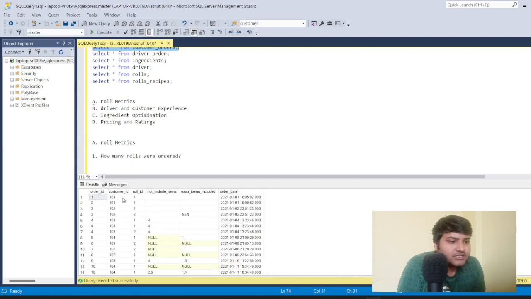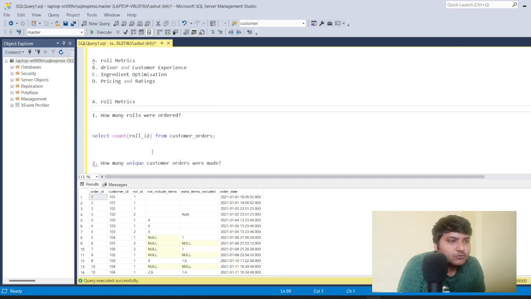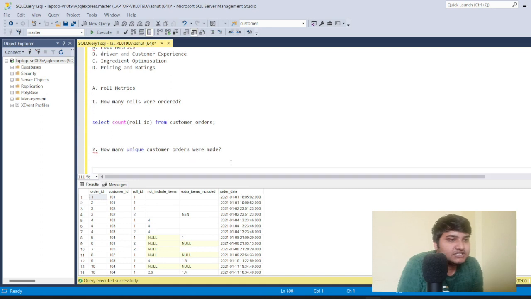From all of these customer IDs, the column you can see here, I just want to count the distinct customers, the total number of customers who have ordered our rolls. So it will be simple. It will be SELECT COUNT(DISTINCT, and the column we'll be counting is the customer ID column